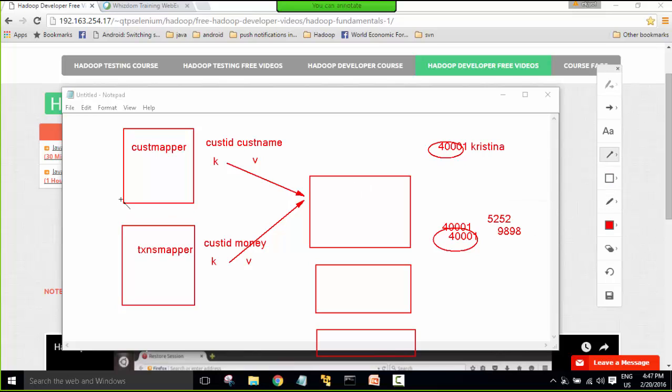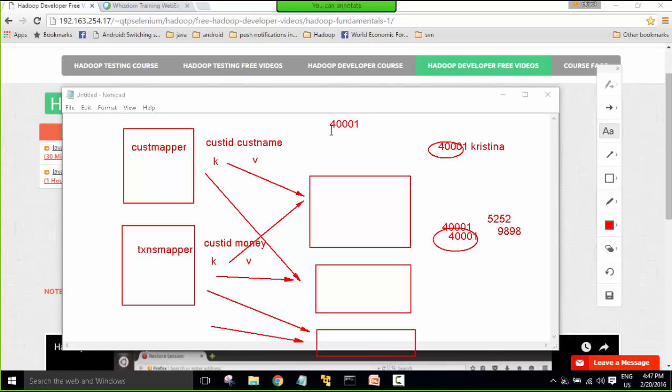Similarly all the records with some other key, that is 4002, will go to a second one, and so on. So for 4001 you will have multiple values to be iterated. That's why we are writing here